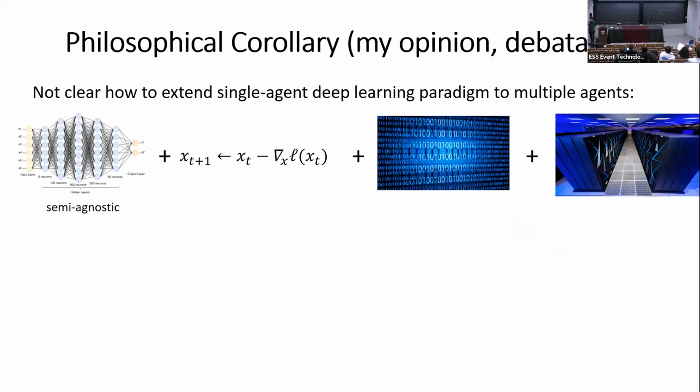Okay, so I guess, at this point, it's not clear how to extend this success of deep learning to the multi-agent setting. It's not clear how to define a generic framework that allows you to write a deep net for every agent, and recommends a particular optimization procedure that each agent can run to converge to something that is reasonable. Okay, that's bad news, but let me end on a